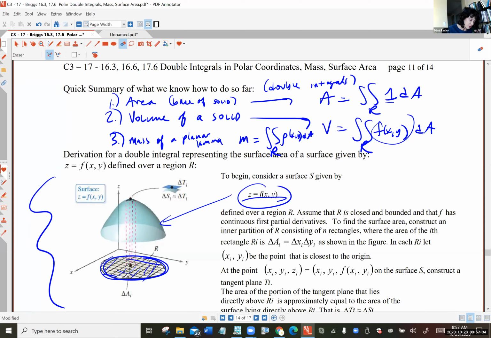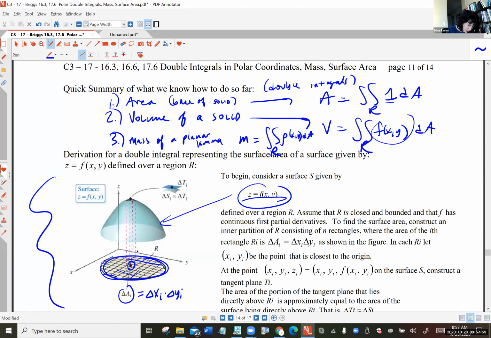Pick your favorite square down there, your ith square, and look at the area of that little ith square. Delta A sub i just means you're going to have some change of x multiplied by some change of y. Those could be rectangles also, it doesn't matter. Now you're going to pick your favorite point inside that little rectangular square,